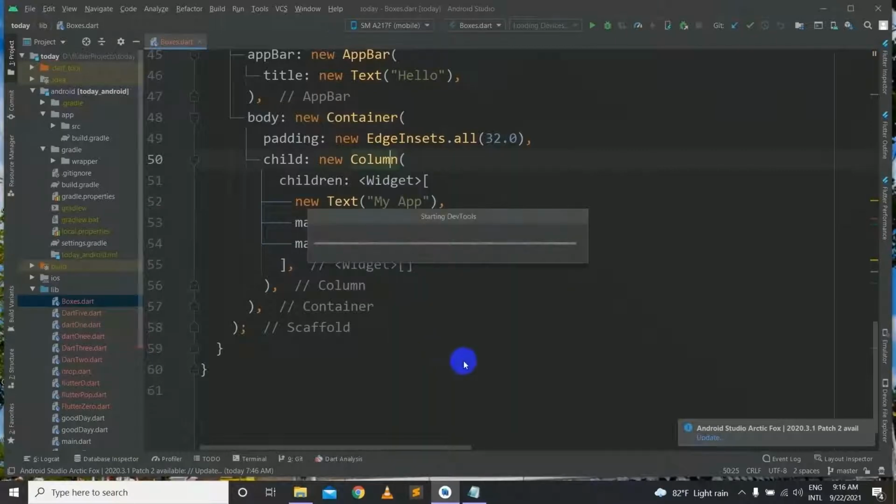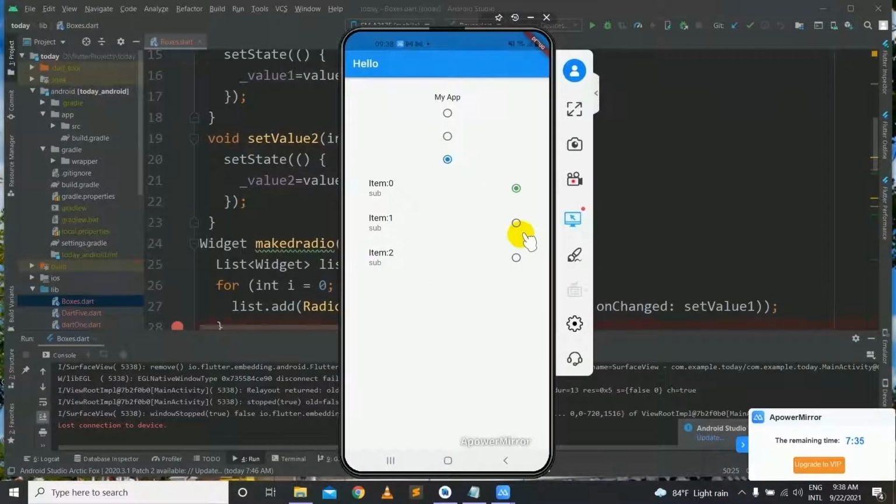So let's say run boxes.dart. And now our application will build. After the application is built, I will come to see you again. Now our application is fully functioning. Our radio buttons are visible right now. We can see our three radio buttons that we made in the first code in the my radio method. This invokes the three radio buttons, and when I click them, they move to their state.